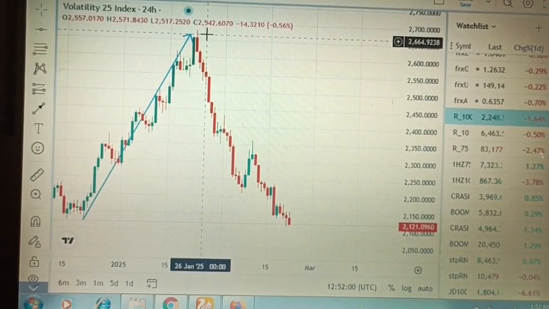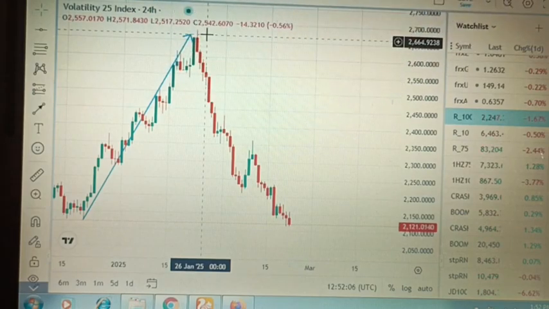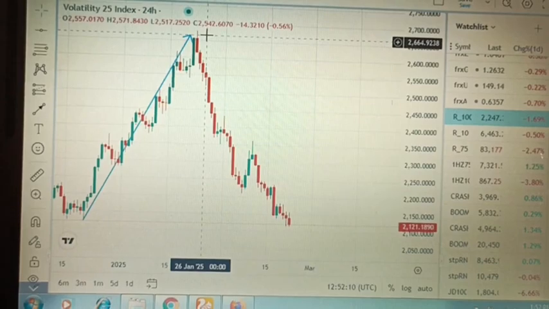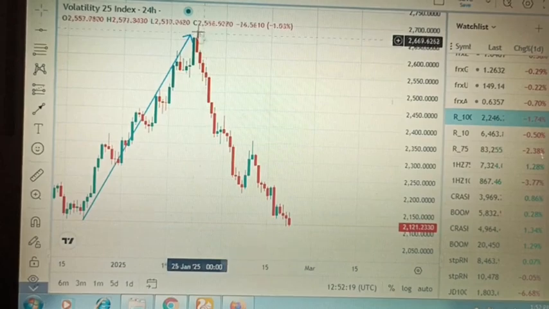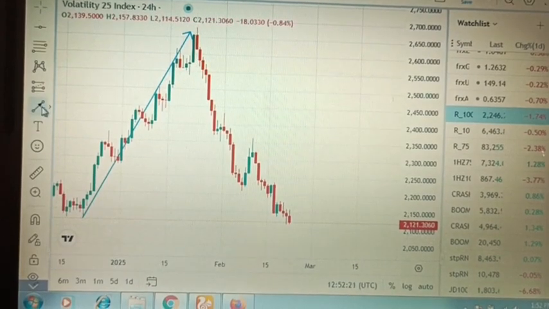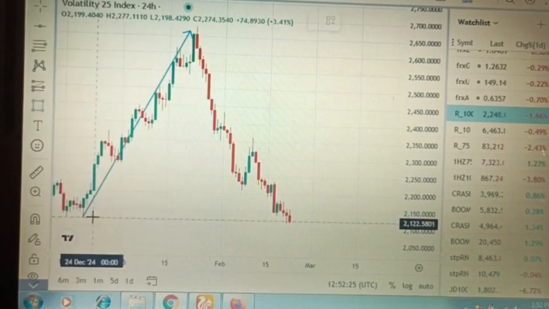What happened? Why didn't price just continue, bust this screen and go up to heaven? Why does it have to stop at this point? That is because at this zone, at this exact region here,